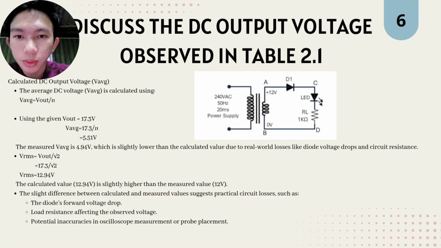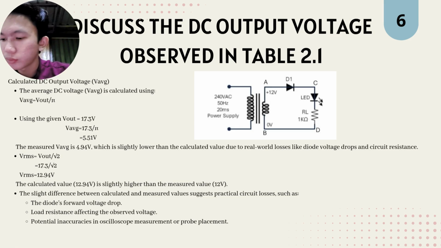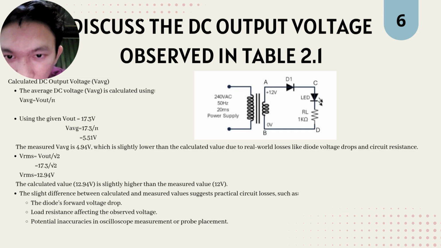So the discussion part, the DC output voltage observed in table 2.1. The first question is, first of all, we need to calculate the DC output voltage, which is the mean V average. So V average equals V out over pi. By using the given V out, which is 7.3 volt, V average equals 17.3 over pi, equal to